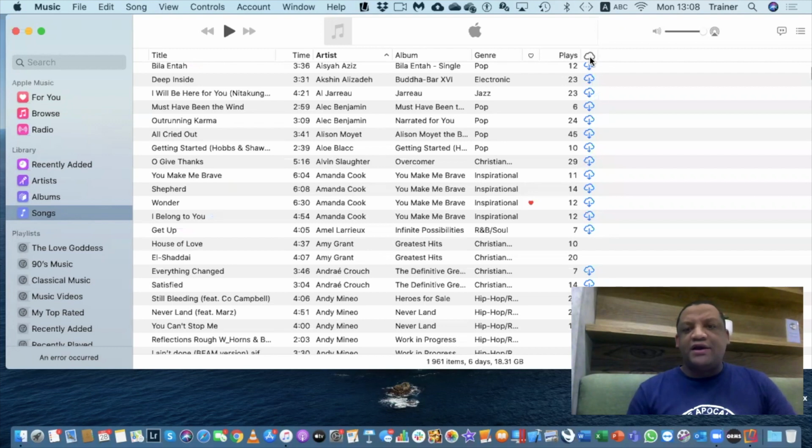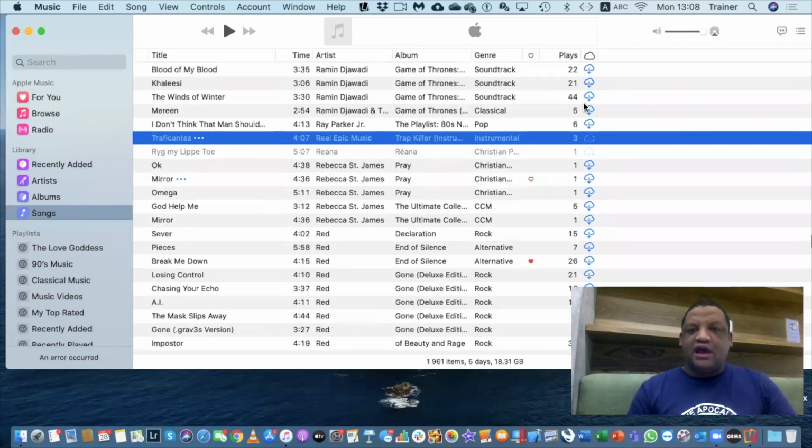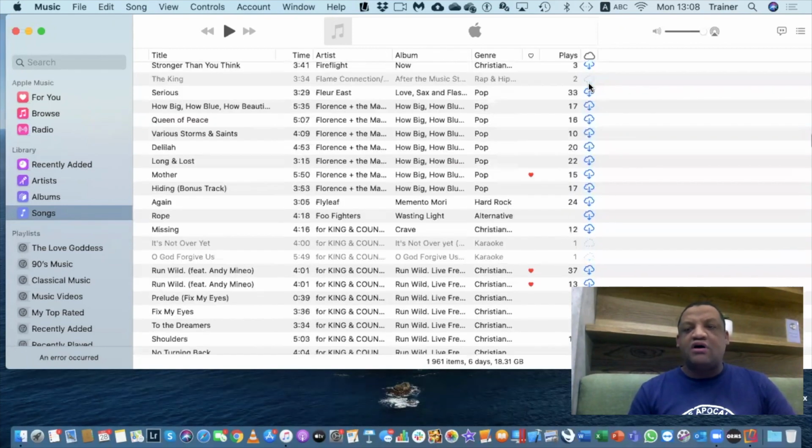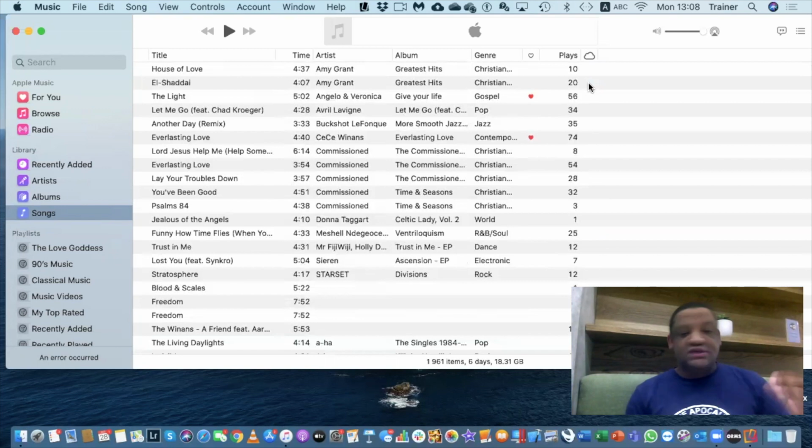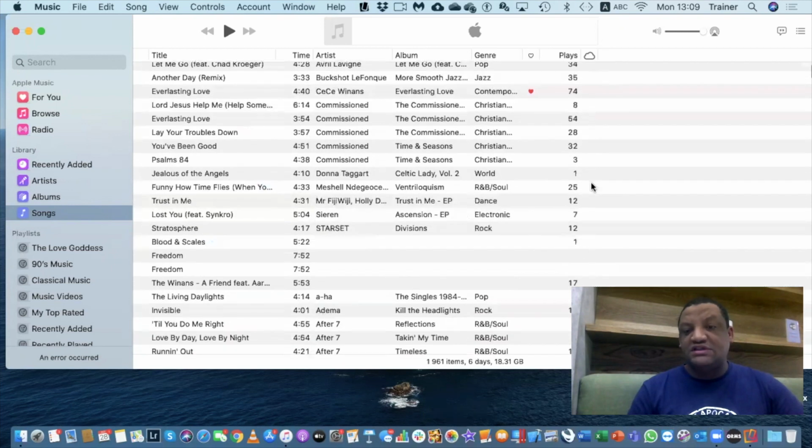But now if I click on this cloud symbol again, it will sort it in terms of what is in my Apple Music and what is downloaded to my computer. So you can see there's no symbol there. Those ones are downloaded on my computer, which means that I can now listen to them even if I'm offline, okay?